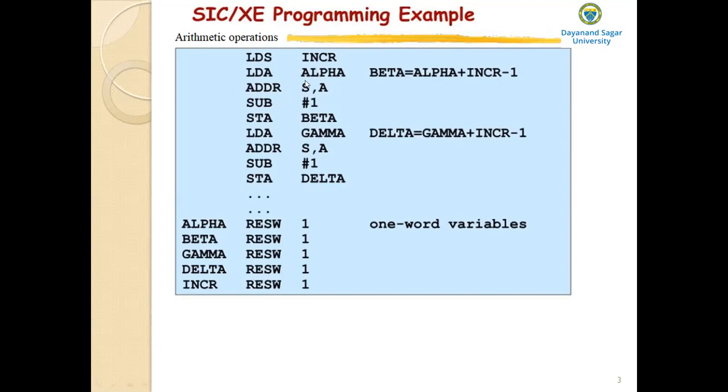So S is the source register and register A is the destination register. Data flows from register S to register A.